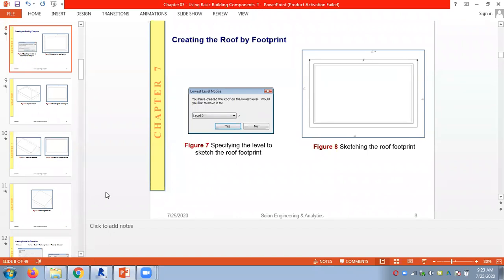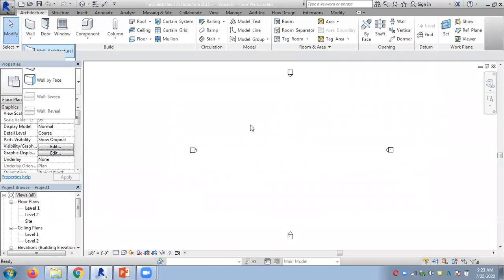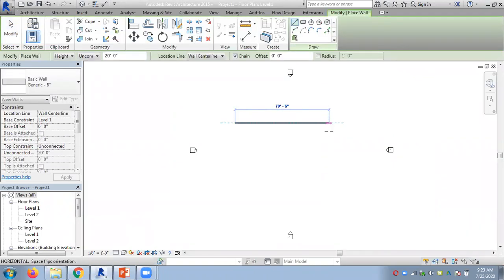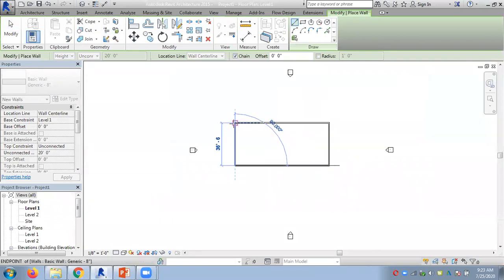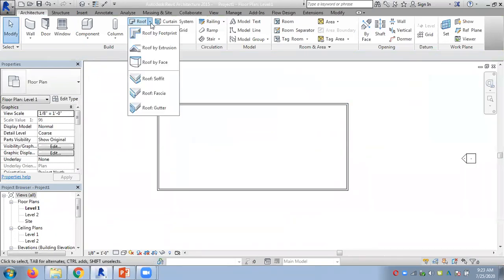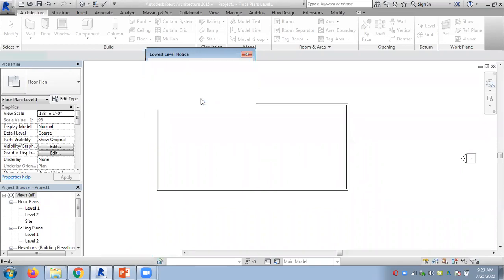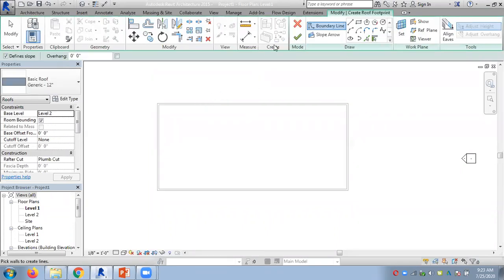So if I do this example, say suppose this is my building. So I'm going to use these roof techniques. First method, roof by footprint. Here, say the roof is placed in level 2, or else you can place it in level 1. So I'm going to put it in level 2. Press OK. Then the software is going to ask me